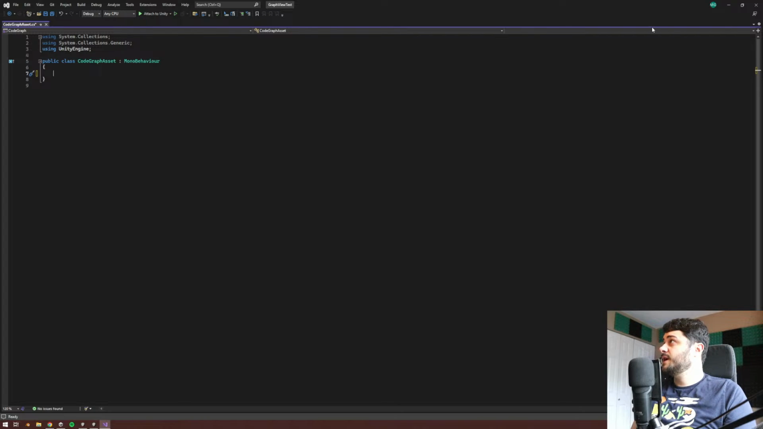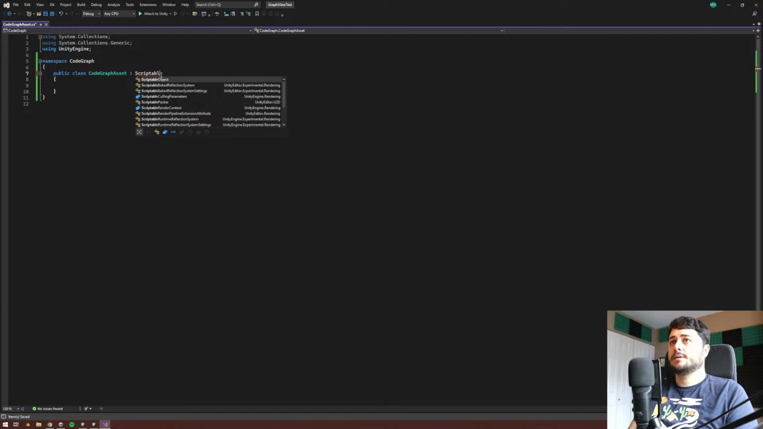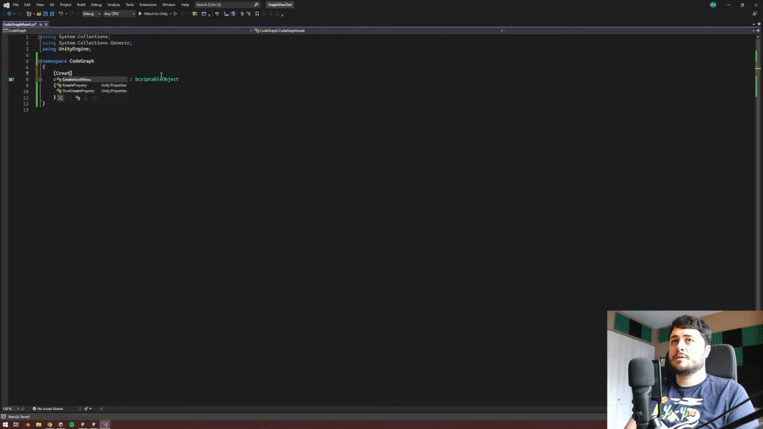I think that's good. Do we want to add a namespace? I think we should probably namespace this stuff too, just in case. And make this a scriptable object, and then create an asset menu. So menu name equals